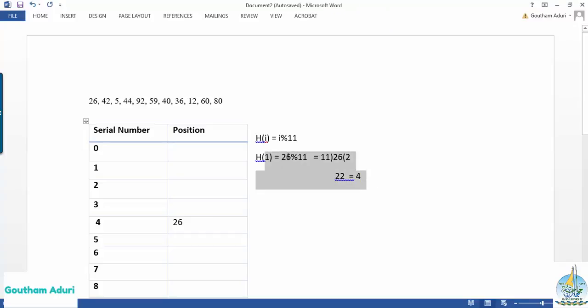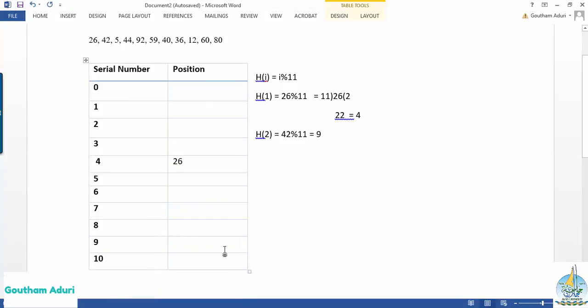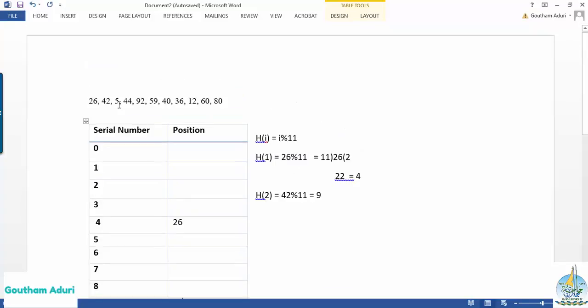So let me just take up this thing. H of 2 is 42 mod 11, so it's nothing but 11 3 is 33, and then 7, it's 9. So in the ninth position I have to put 42. And then next comes the third number, 5, so H of 3 is 5 mod 11, it's 5, because 5 is less than 11, so you're going to get the same